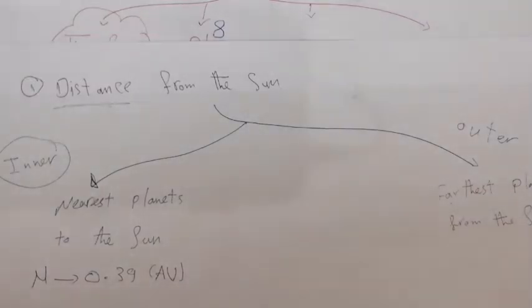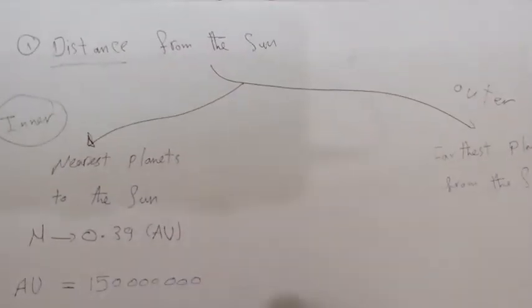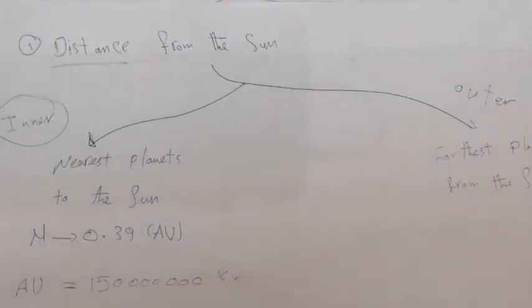One astronomical unit equals 150 million kilometers. Okay, so Mercury 0.39,